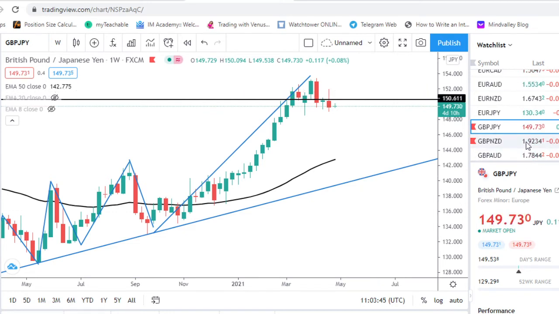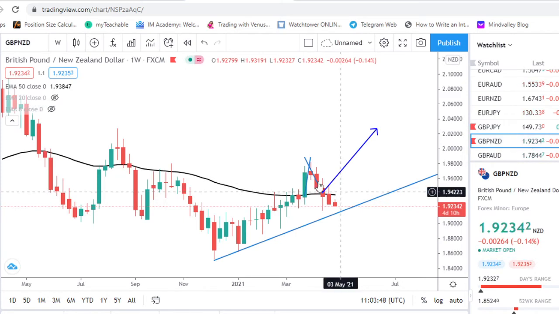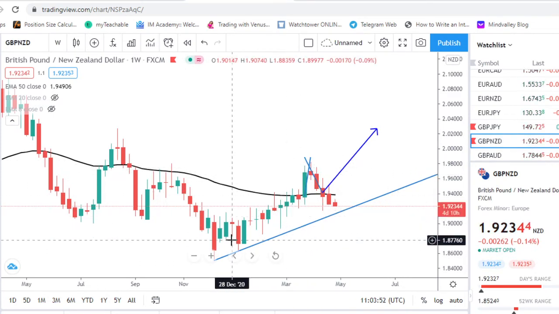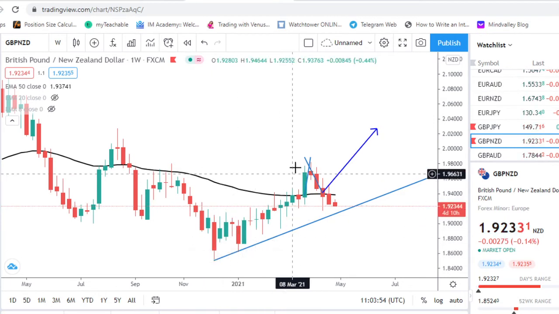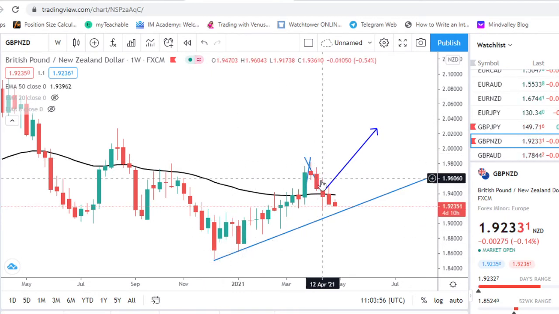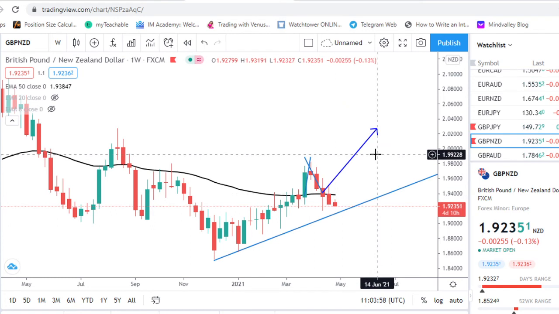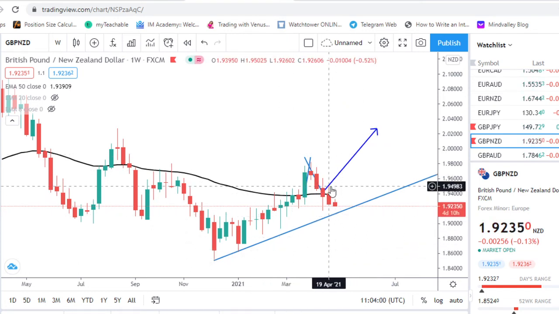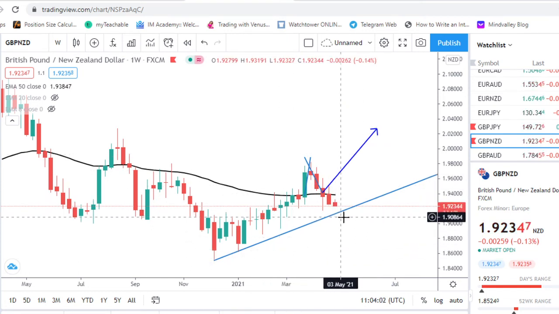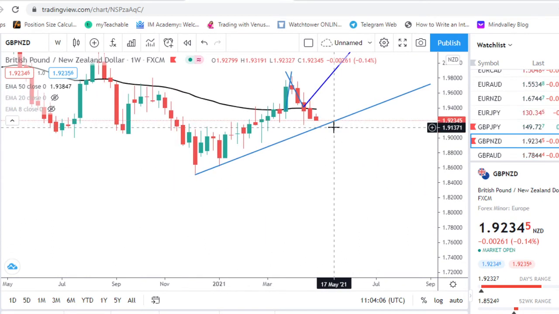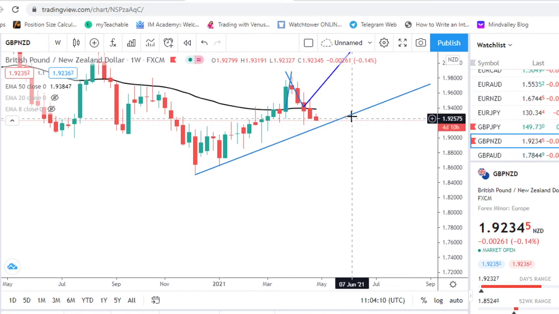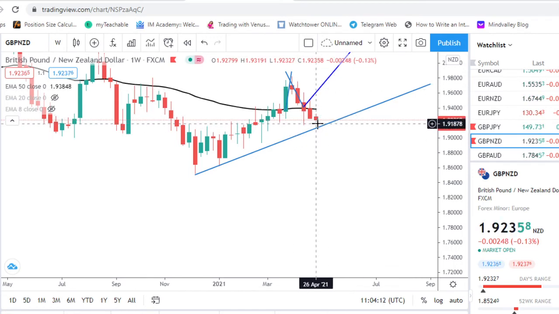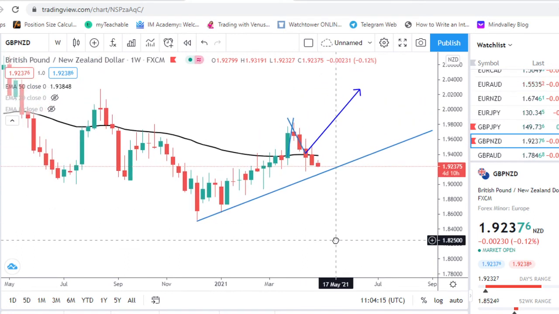Then I have GBP NZD. Okay, so we were looking at a situation like this before. There was a close above this area, and we were looking at it retracing and then continuing its way up. But it looks like the down push is still continuing. Now I have a trend line below here. If I see a close below the trend line, perhaps below the 1.915, then I'll be looking to sell. But as long as it remains above there, it will be a buy.